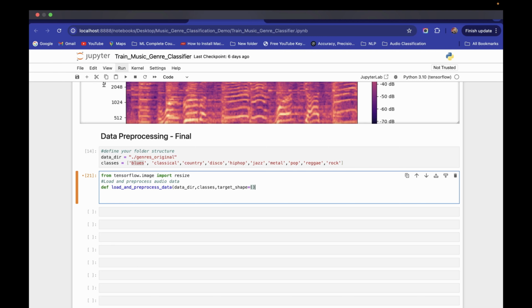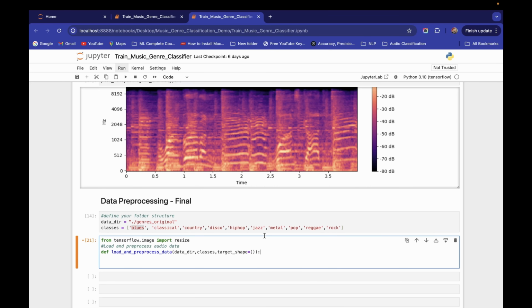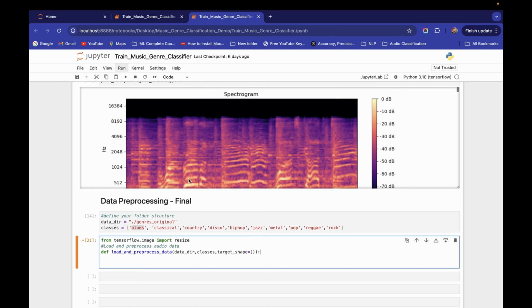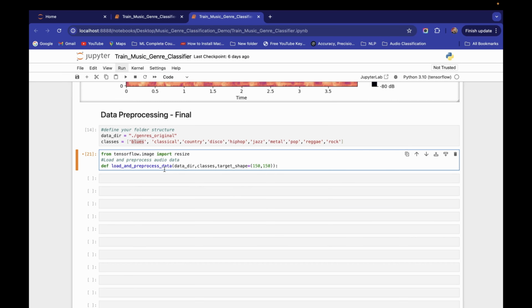and the value of this we have to give wisely. So what is this target shape? Target shape is the shape of this matrix which we are going to feed to our neural network. So we have to give some target shape here. Right now I am giving 150 cross 150. Later we will give some other value. We'll give the exact value, what value we have to give, and how we have to choose this target shape. Once we construct this entire function, then later we will change this.